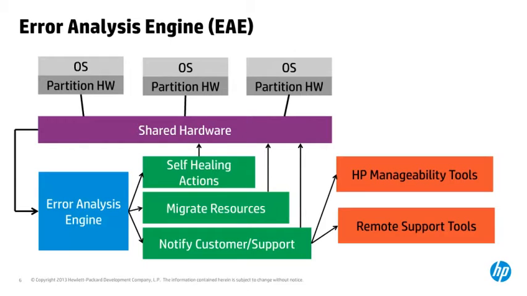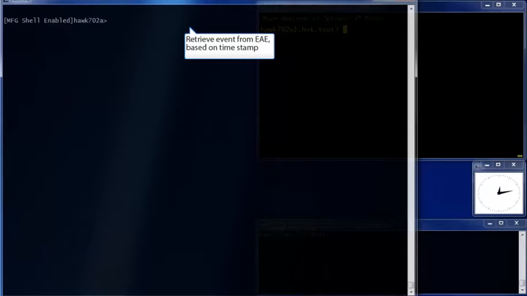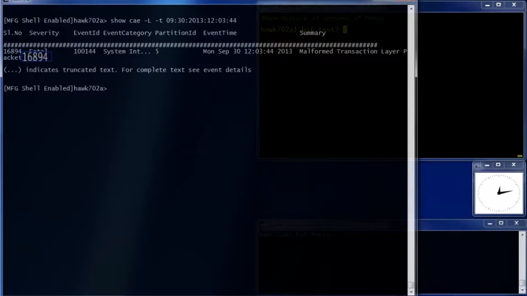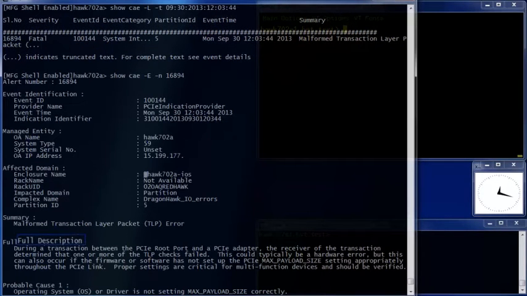The Onboard Administrator module of SuperdomeX servers embeds a unique error analysis engine monitoring constantly the different hardware components of the platform. Hardware errors are analyzed by the engine, which can take automatically concrete actions and notify higher-level management tools, local or remote. In our case, we triggered a PCIe error that must be present in the Error Analysis Engine's database at the time we injected the error. Given the ID of the error, the EAE displays a complete description, possible causes, and recommended actions to be taken